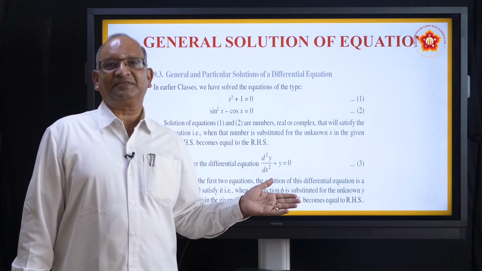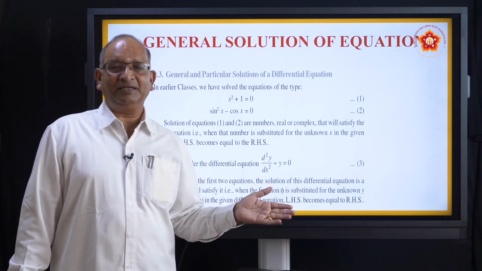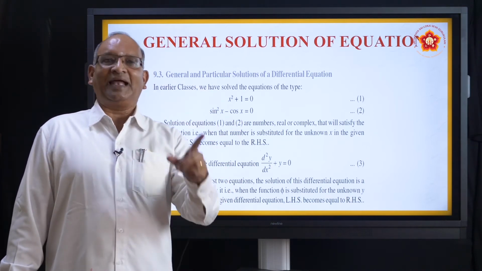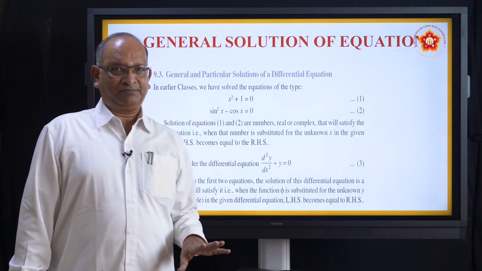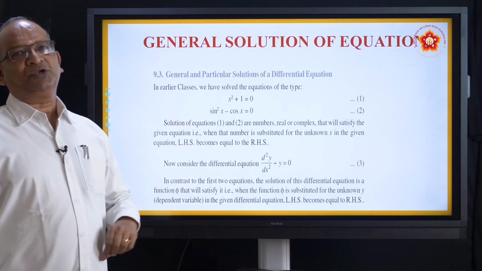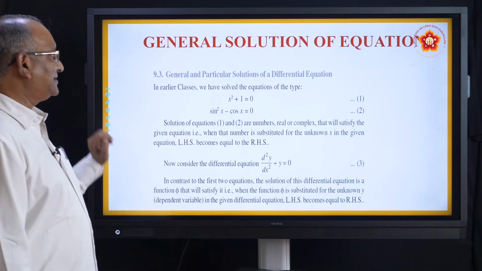Since we do not have c, the constant of integration, in the solution, the solution which you get is only one solution. So that is like a particular solution. Okay? So it's similar to that is the solution of the differential equation. So what does he say?